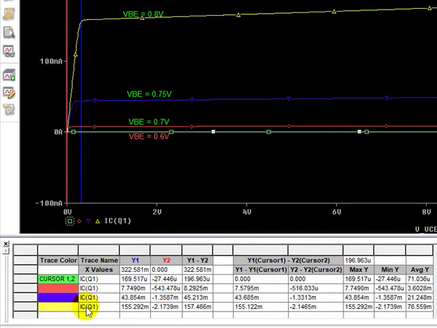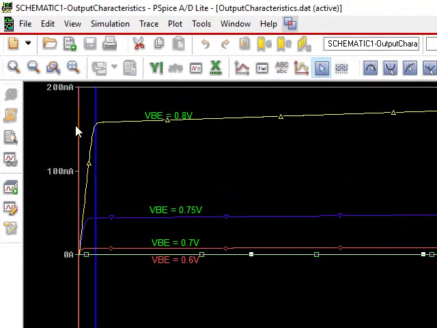So I can refer here. It is 322 millivolt or 0.3 volt. So less than 0.3 volt, the device is in saturation region. Greater than 0.3 volt, the device is in active region, provided VBE is 0.8 volt.